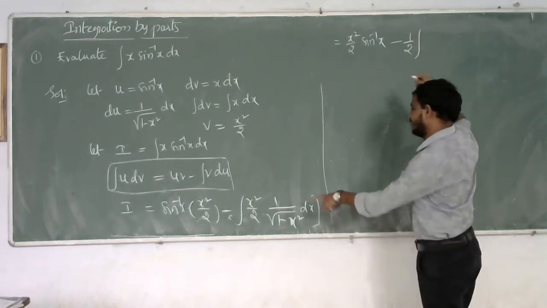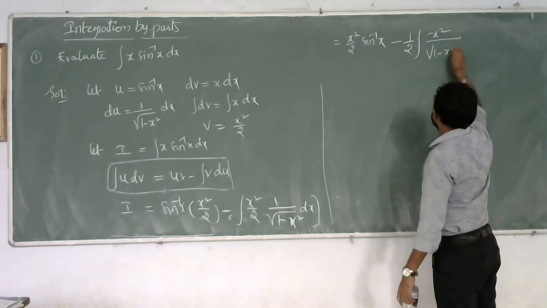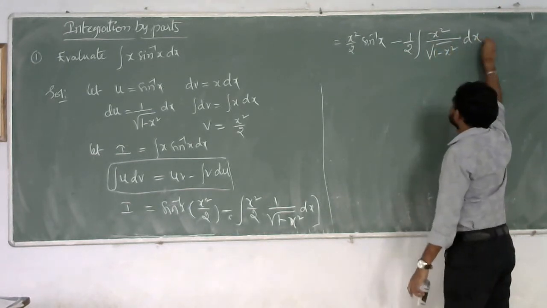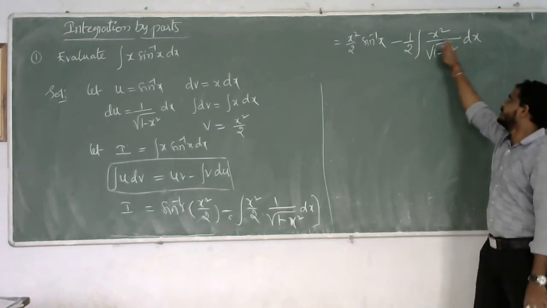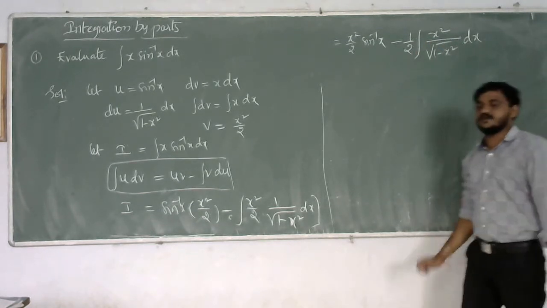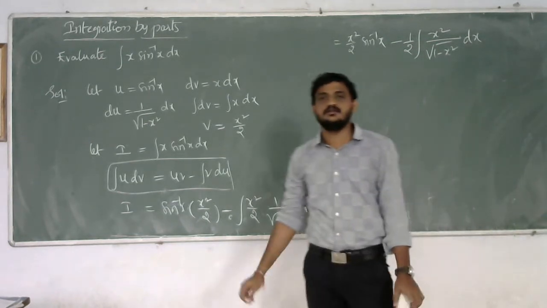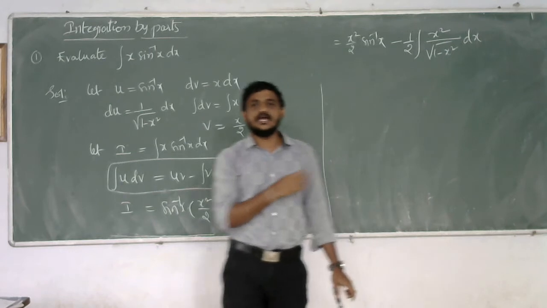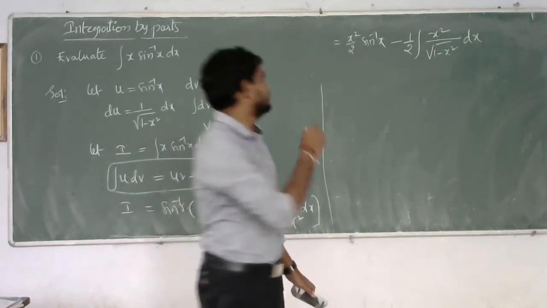Then integral of x square by under root of 1 minus x square into dx. Correct? So how can we solve that integral? We don't have any direct formula because it is not in any standard form, right? So in this case,